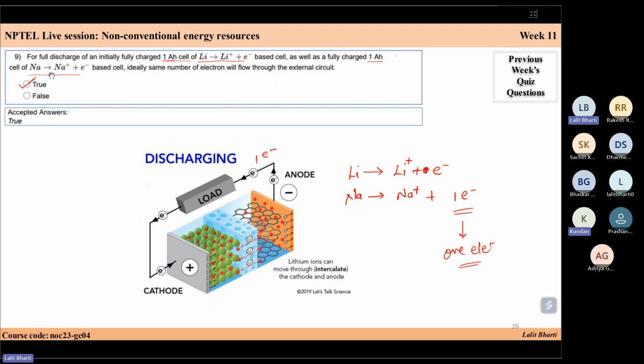Okay, let me just read the question. To get a discharge of 1 ampere hour, the number of electrons should be the same, irrespective of the reaction. So you are correct, because your 1 hour means the capacity is 1 ampere for 1 hour. So that is irrespective of the technology. But if they ask what will be the number of electrons for a single reaction,